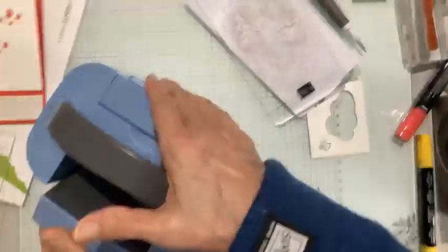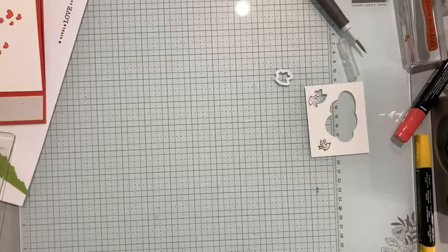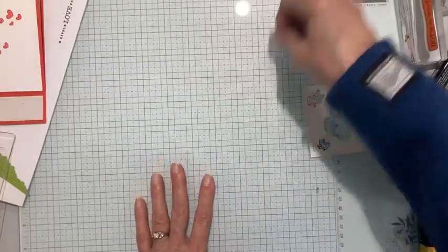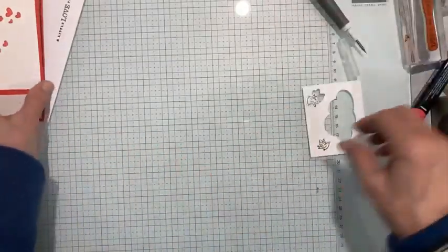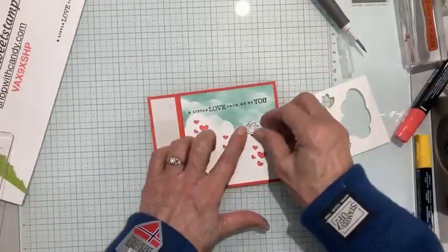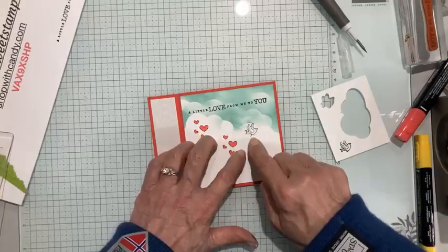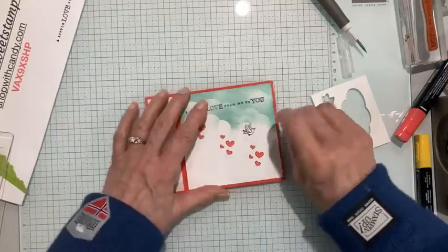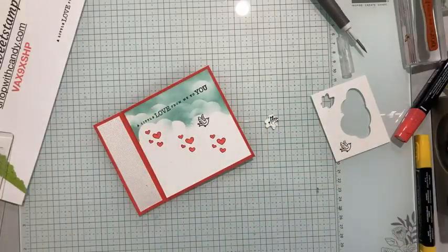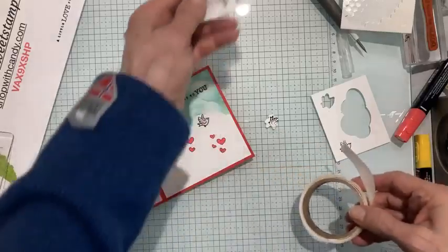Okay, so there's Mini Machine. It is Mini Cut and Emboss, the size of the small one's even smaller than a toaster, so I do like that small size. Now you see where my bird is, and I'm not even going to pop him up on dimensionals because I'm trying to cover the one where I splodged the ink. So, and I also don't want to splodge my